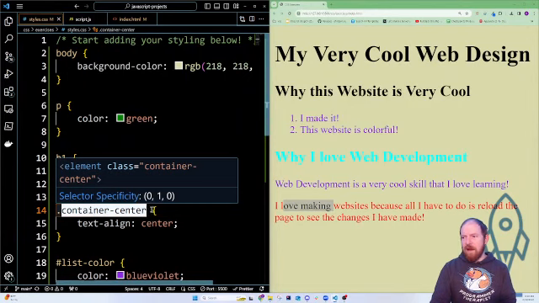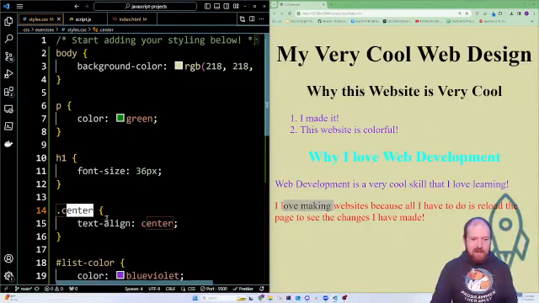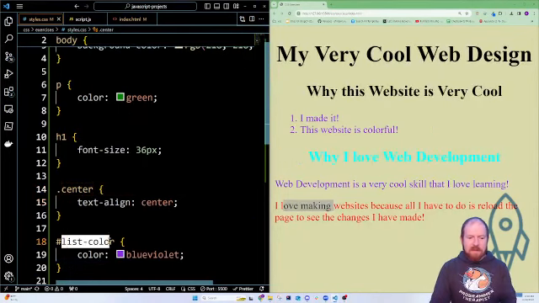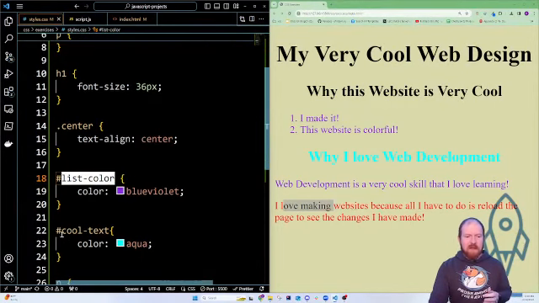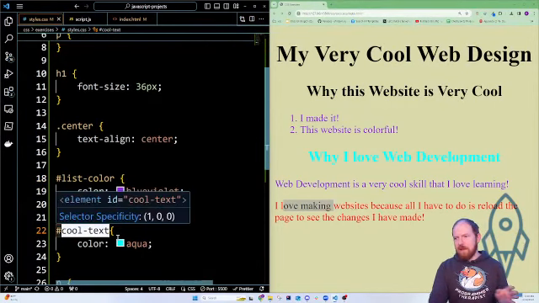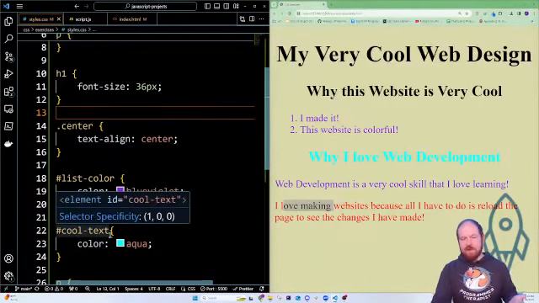So you have to be very descriptive with your classes and IDs. That's why this one is called center, because you're centering it. List color, you could use if you're going to use it for every single list. That's fine because it's vague enough that you know you're just going to put it on every single list. But cool text, I probably would not suggest that name, because somebody's definition of cool text is going to be